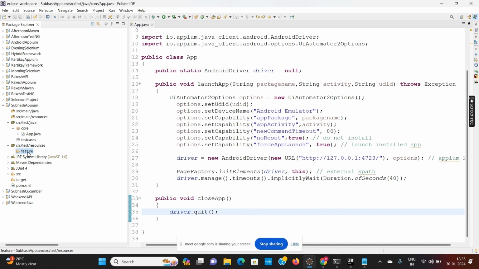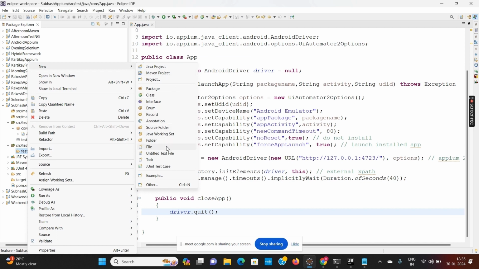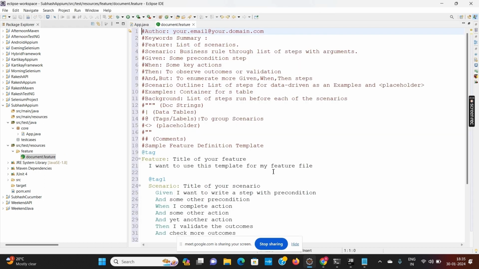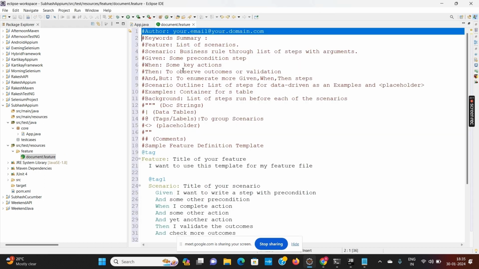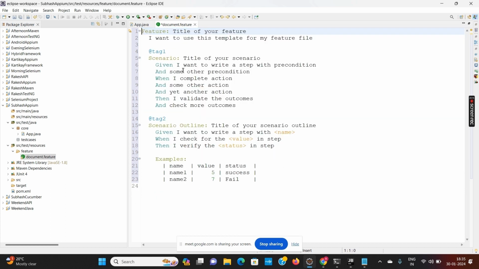And inside feature, we have to create a .feature file, a new file, document.feature, and then you have to write a scenario.